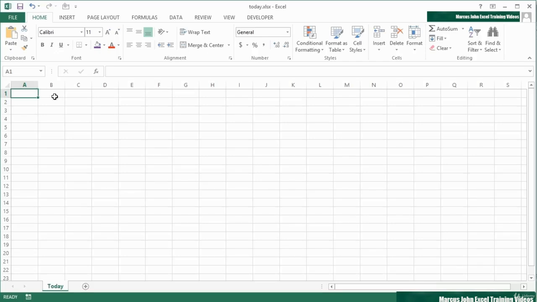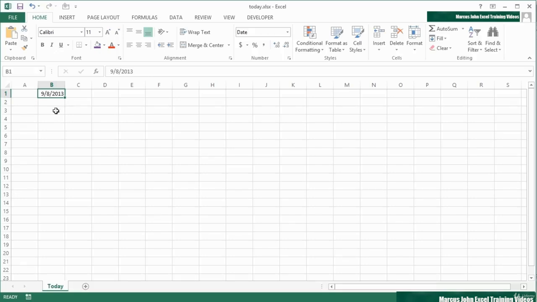So to get today's date, I'm just using a blank file here, already called Today. Let's go into B1. There is a keyboard shortcut to give you today's date, and that's Control and the semicolon. And you'll see today's date then appears. I just press Return to accept that. And it's a fixed value,